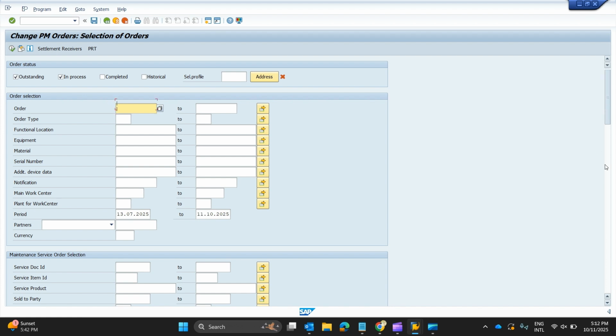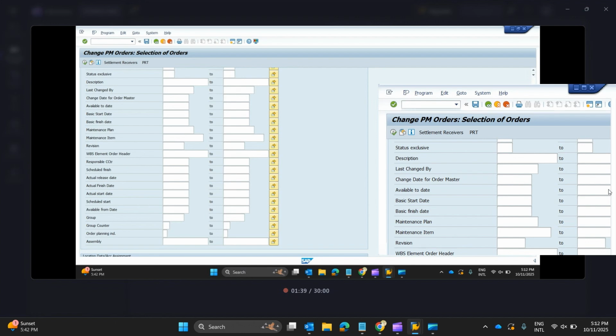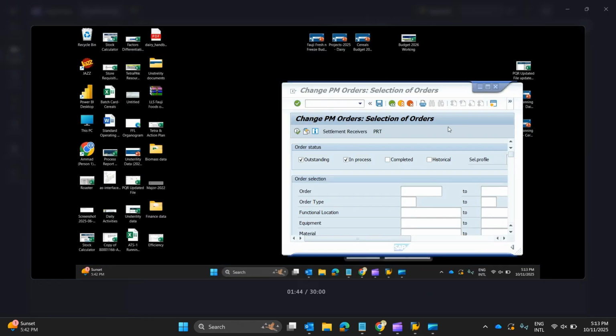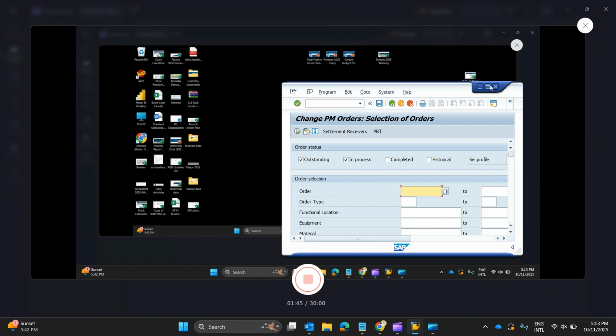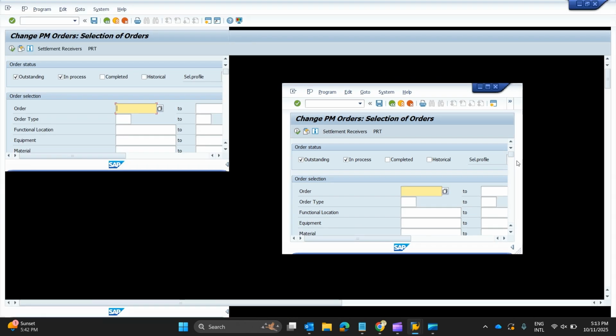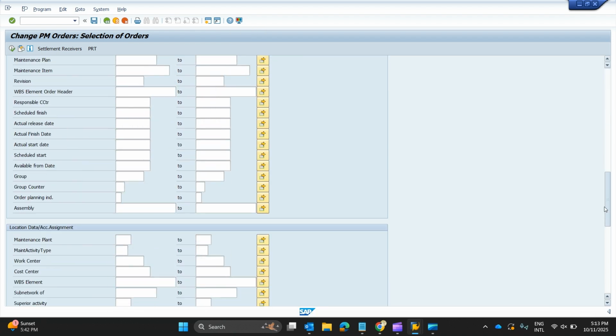Similarly, going down, you can see there are a lot of other options like basic start date, basic finish date, available to date, the maintenance plan, maintenance items, a group, and all these things are available in this window. So this is a very important transaction, and you can view lots of data through this transaction of IW38. So what we will do is we will start from basic